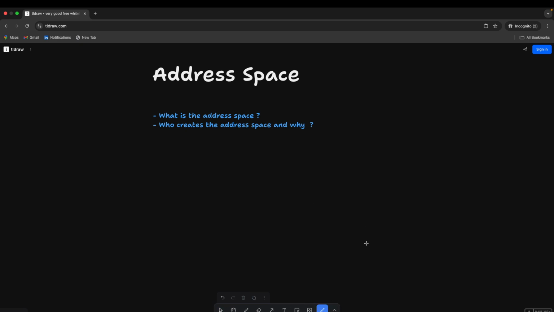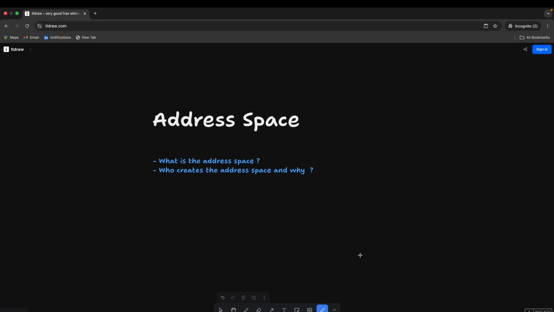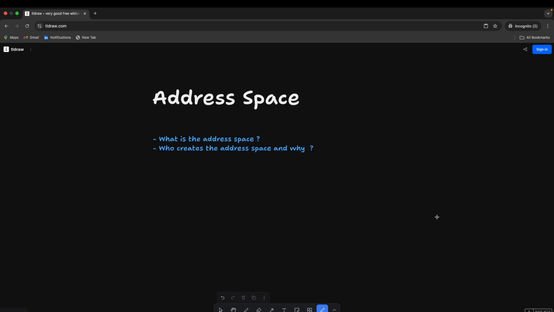So remember, our application will be a set of instructions, right? And these instructions may often require some access to the memory. For example, in C language, you may have an instruction called calloc or malloc. You may have something like creating an array. Now remember, these all need to be stored, right? So for this reason, we create something called the address space.